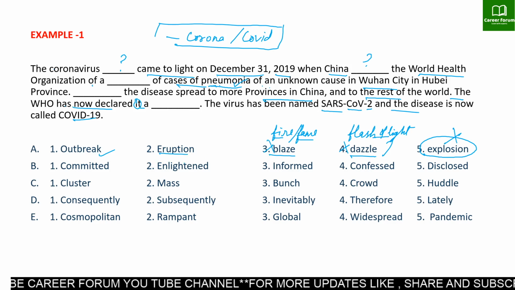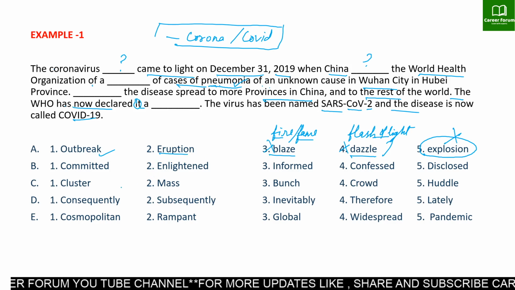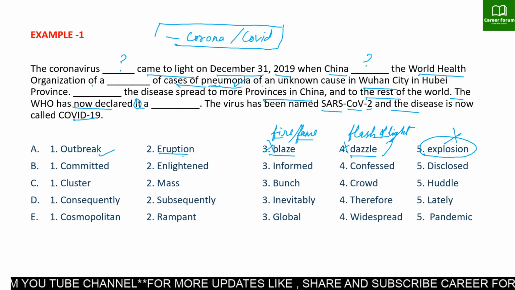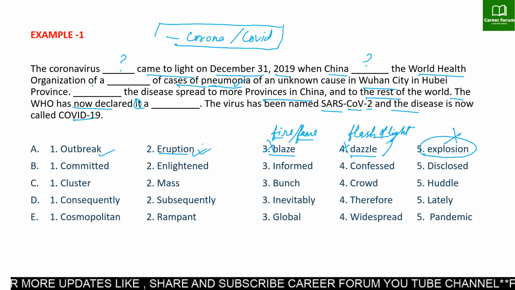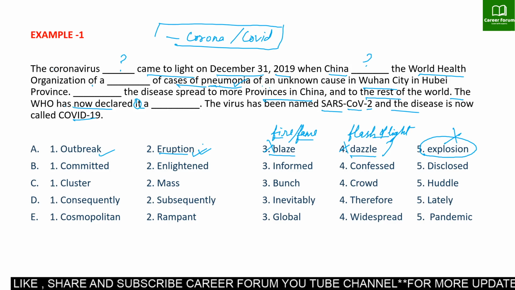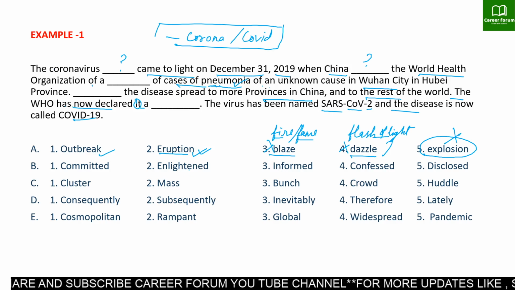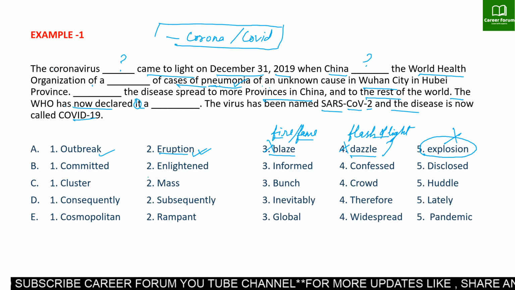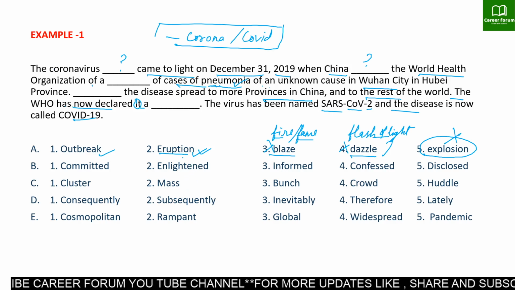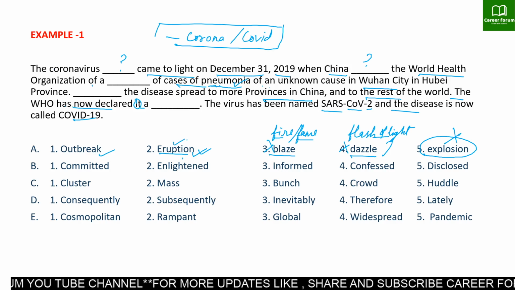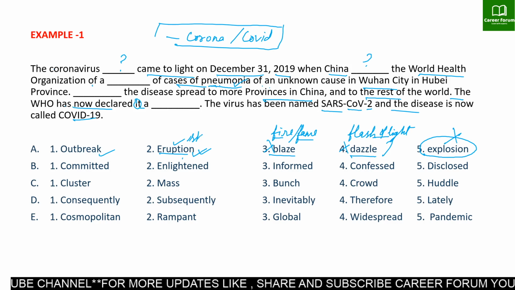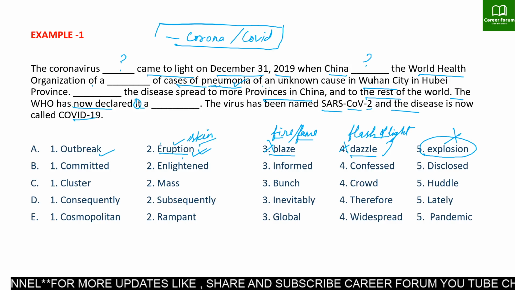Eruption. What is eruption? Eruption basically means to burst or to explode, and many a time it is used for something related to skin, you know, skin rashes or skin boils, which come out on the body as a result of heat. So eruption is a kind of breakthrough or explosion related to skin. So are we talking about any such thing in the paragraph? No. So this is also eliminated.